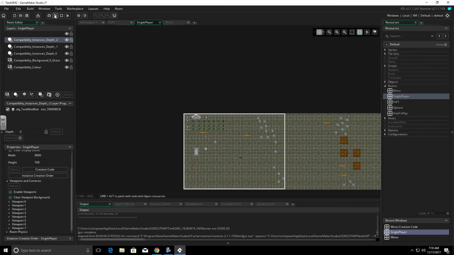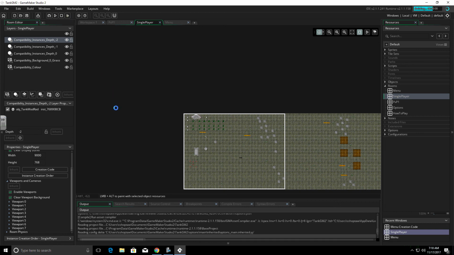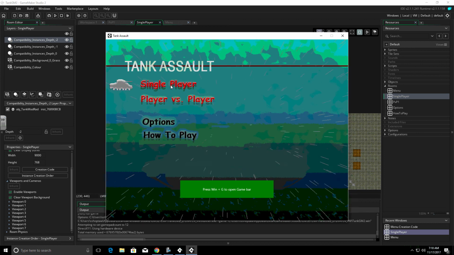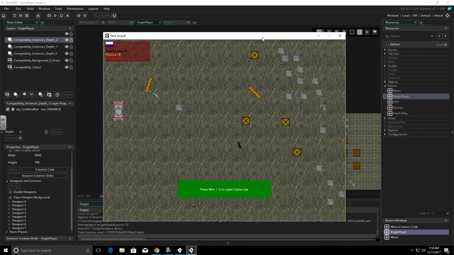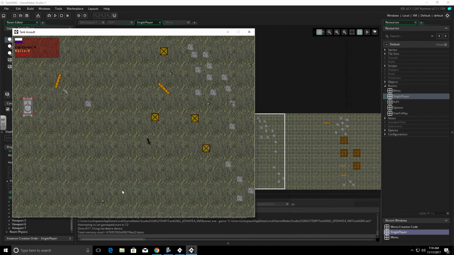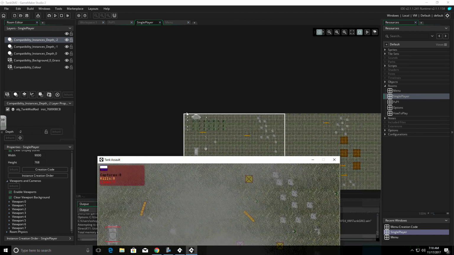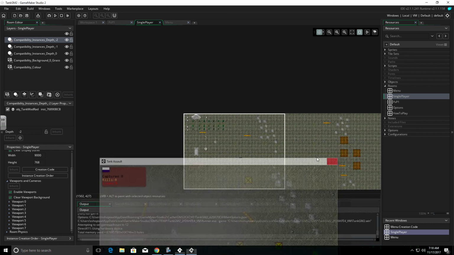So what happens during gameplay is the player only sees part of the screen. The piece that they're seeing here corresponds with this white box. And as the player moves, this white box will move. So you can see that they actually look like they're going down range on this game.